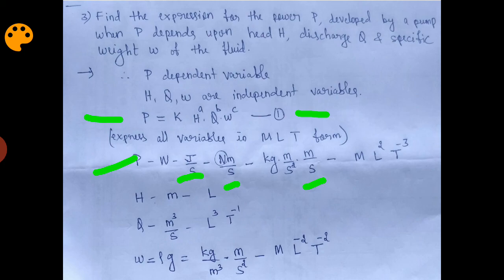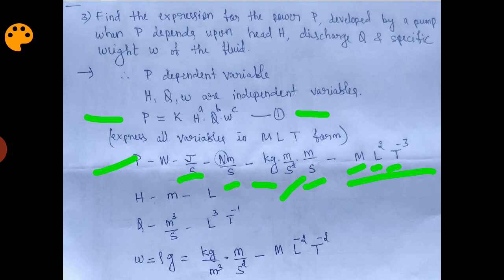Then further, keep meter per second as it is. For Newton, as we have discussed earlier, Newton is the unit of force. Force is defined as mass into acceleration. So for mass, you can write down kg. For acceleration, you can write down meter per second square. So when we simplify and write it in MLT form, you can see here, in place of kg we can write down M. In place of meter into meter, which is meter square, you can write down L square. In place of s cube in the denominator, we can write it as T raised to minus 3, as s cube is in the denominator.